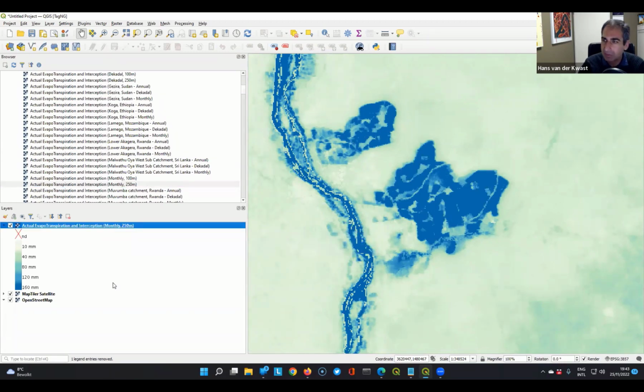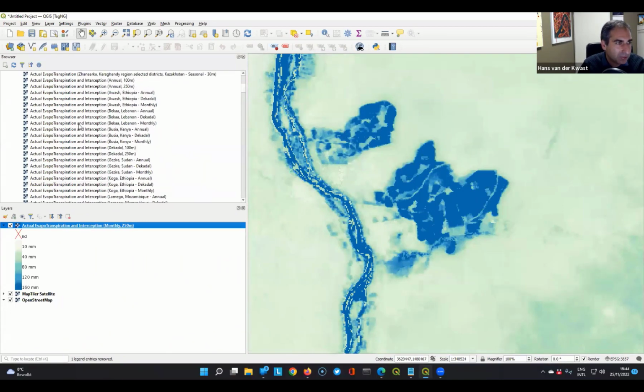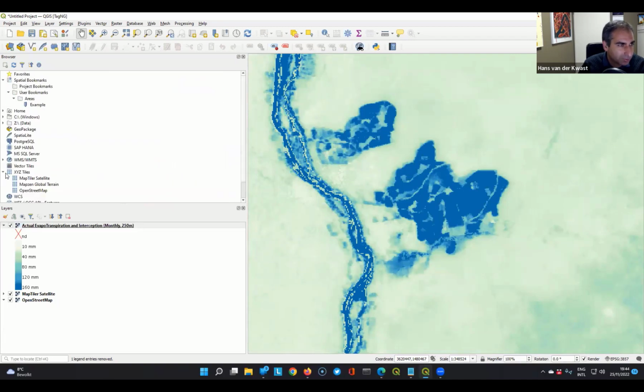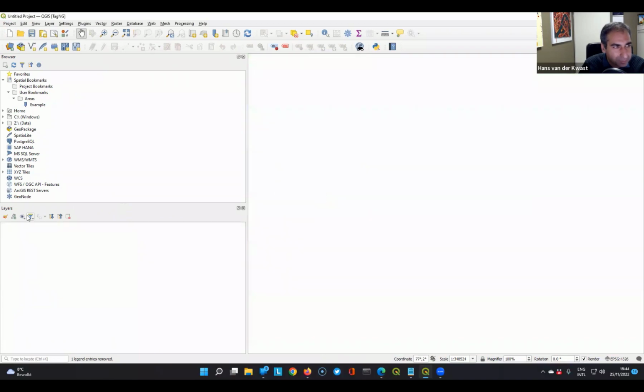So we have 3 nice background layers that we can use in our app. But this is just playing around with QGIS, because for making the app, we need to install another plugin, and I probably need to start from clean again, which is no problem, because then you will see it again. So I'll just start a clean project, and I'm going to install